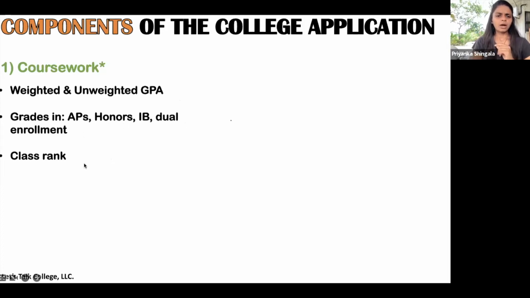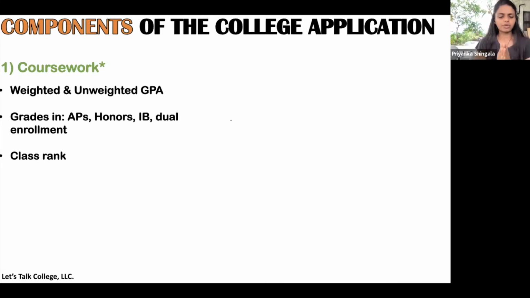Now, with that said, class rank is important as well. So with all of this said, a couple of things you need to know. Number one, you will not be docked if, for example, you did not take an IB course because your high school does not offer it, right? In Barlow, students are not allowed to take AP classes until junior year. So students will not be docked if someone else's resume said that they took AP classes in sophomore year or freshman year.